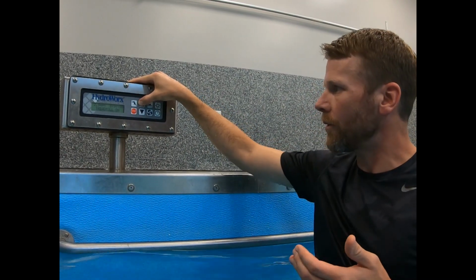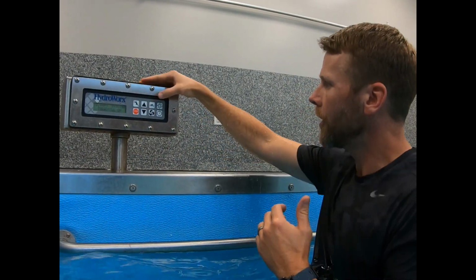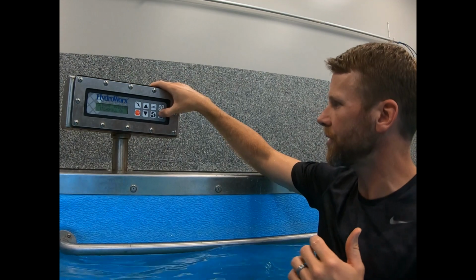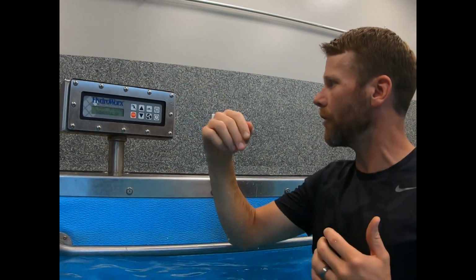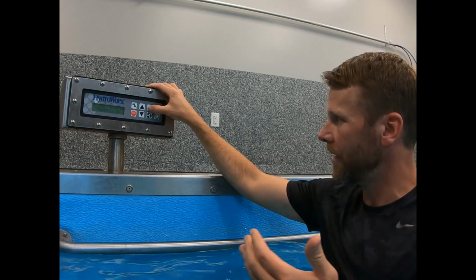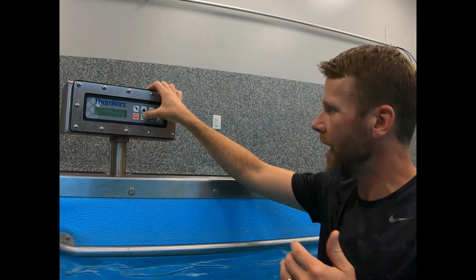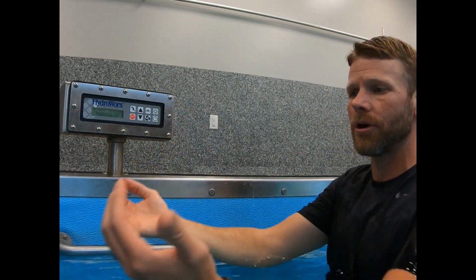So the key is, while we're jogging, you know, we want to make sure we're maintaining a normal running form. We have our timer here as well, so we can start our timer if we want to monitor how long we're on here. Just some backlighting here. If we want to mix it up a little bit and maybe just walk and do some pure strength training, what we can do is slow down the treadmill,